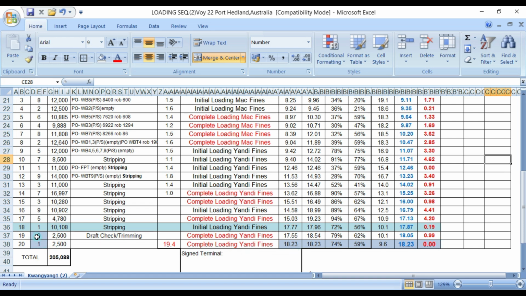Our trimming holds are 1 and 9, and the trimming weight is 5,000.